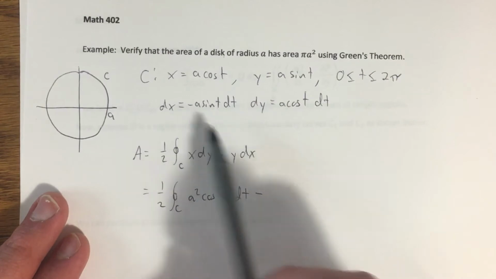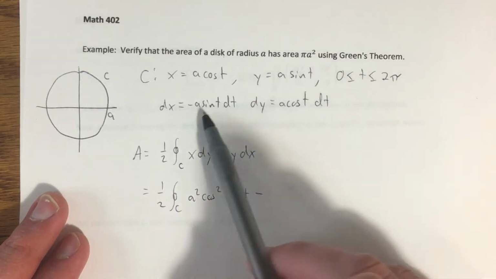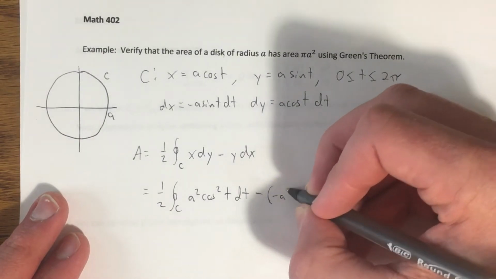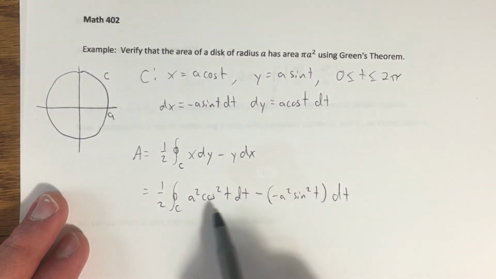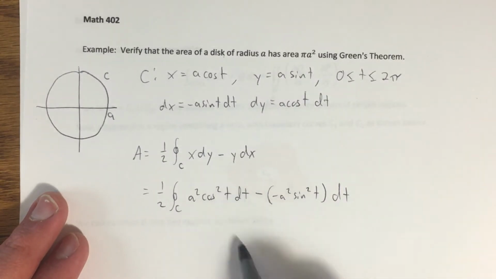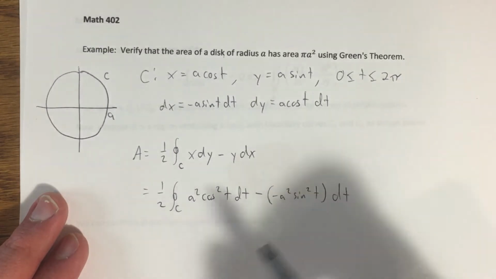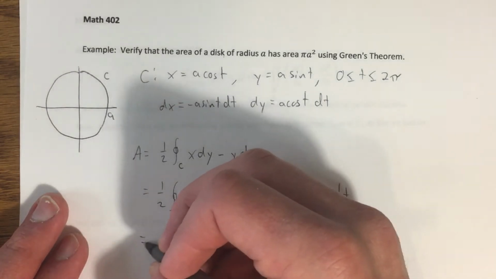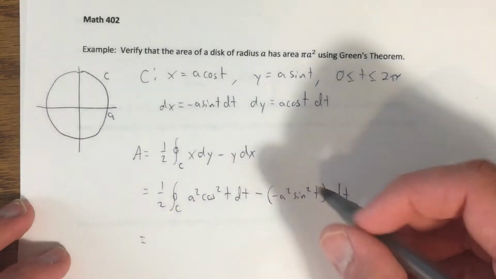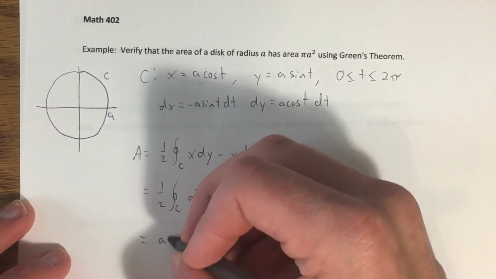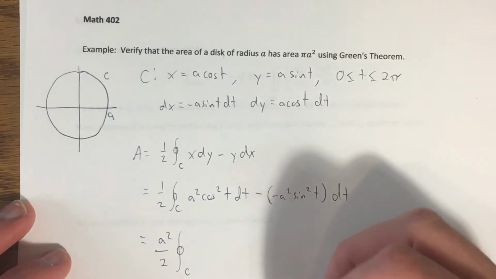minus y dx. That would be a sine of t times negative a sine of t. That's negative a squared sine squared of t dt. Notice when I combine these, I'm going to get a squared cosine squared plus a squared sine squared. The cosine squared plus sine squared is equal to 1 after I factor that a squared out. And the a squared being a constant can even be brought clear out of the integral. So I end up with a squared over 2 times the integral along C of,